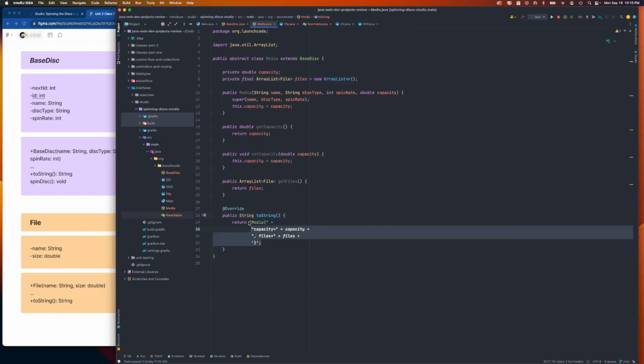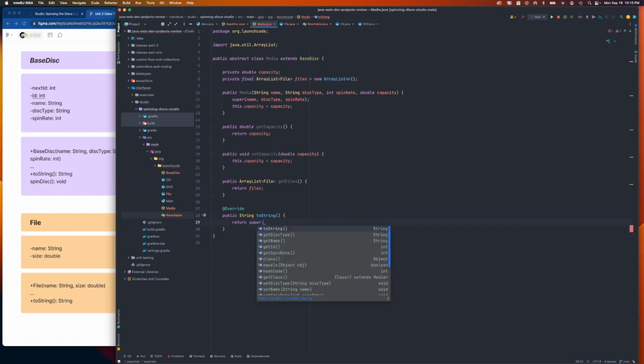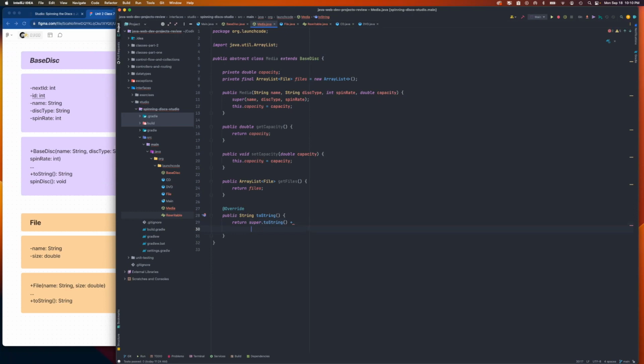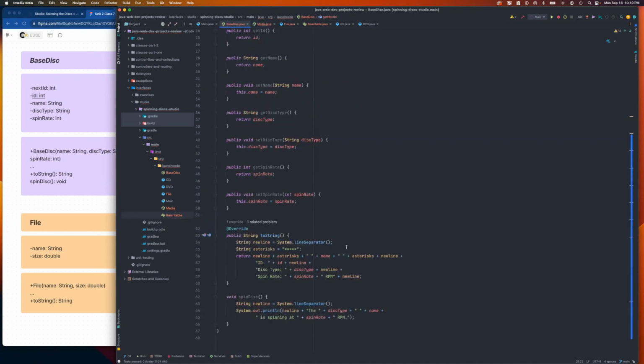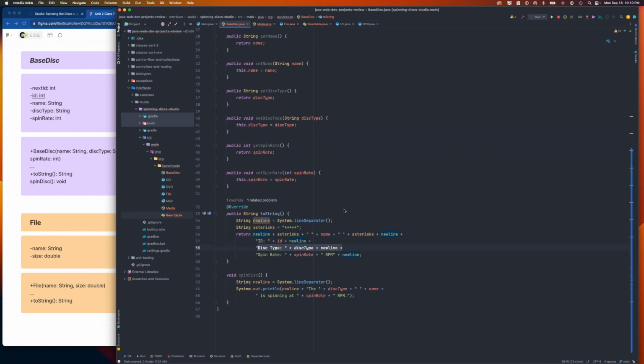And what I really want to do here is start with the toString that's coming from the base class and then add to it. This again is this pattern that I want to follow where we're just building on it. So here we're going to have some lines that look a lot like the lines that were in base disk. We can, in fact, borrow from one of them. I'm also going to need to borrow this as well. Let's do that